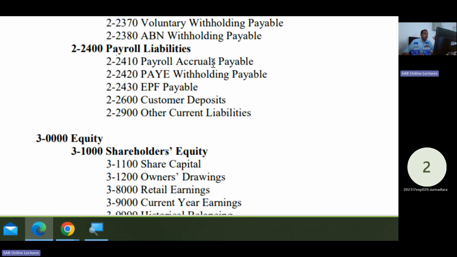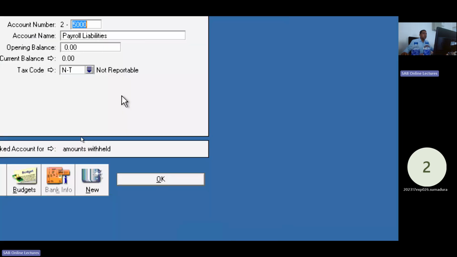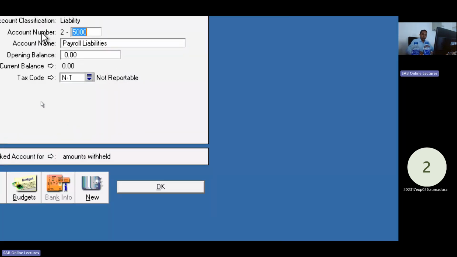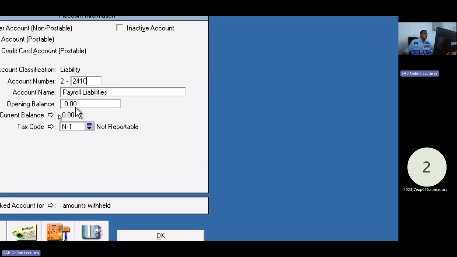Payroll accounts payable accounts are there. 2410 detail account. Select, edit 2410. Correct, no? Payroll liability, payroll accruals payable,